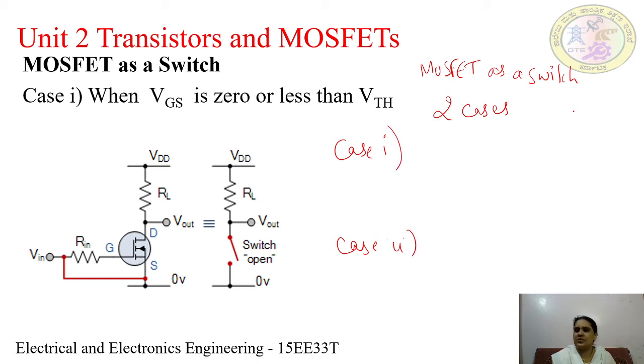We are talking of a switch, isn't it? So we know what a switch is. This is the symbol of a switch, which I will call ESW. What is its working? Either the switch will be off or the switch will be on. If our MOSFET behaves or mimics in this way, then we are done with our discussion of MOSFET as a switch. So to obtain the off condition, we have to ensure that the MOSFET operates in the cutoff region.